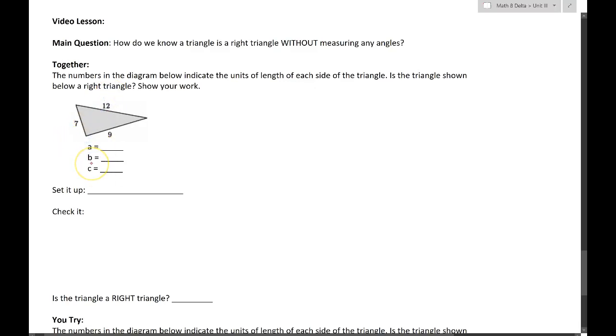All right, so the main question for today's video lesson is how can we know if a triangle is a right triangle without measuring any of the angles? Well, let's actually get into this and say, let's look at these triangles and ask, how do I know if these are right triangles without measuring the angles? So I try to think to myself, well, I know something about right triangles, which is that the Pythagorean theorem